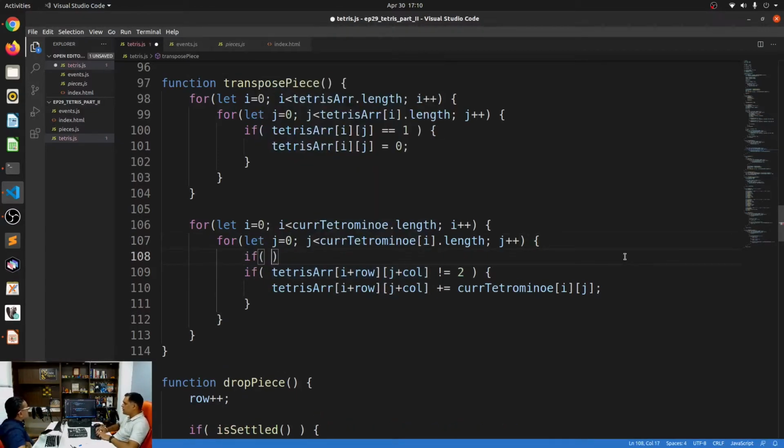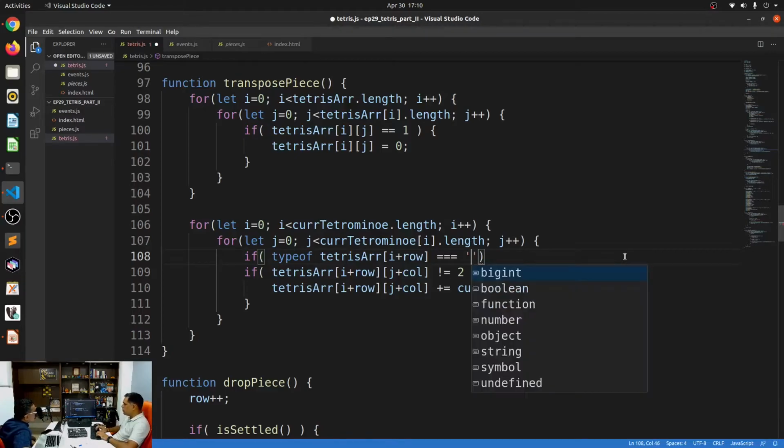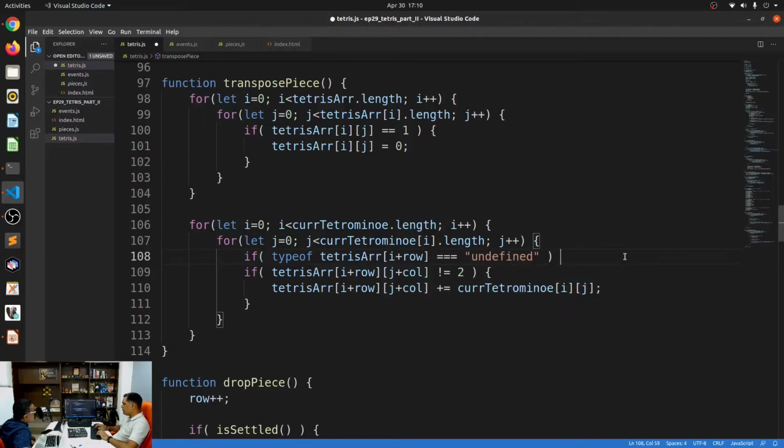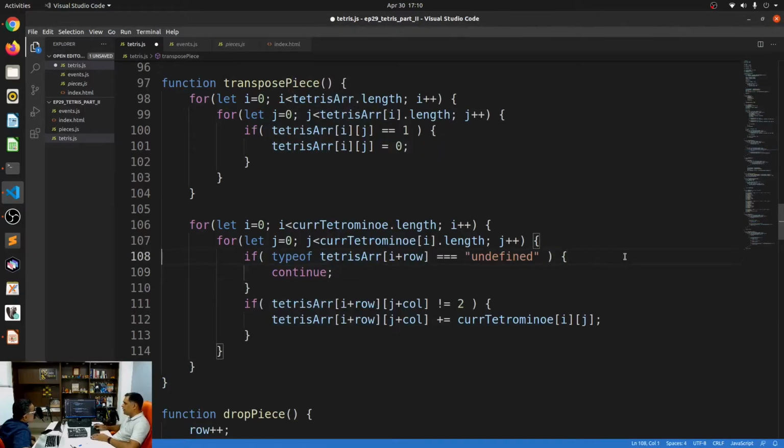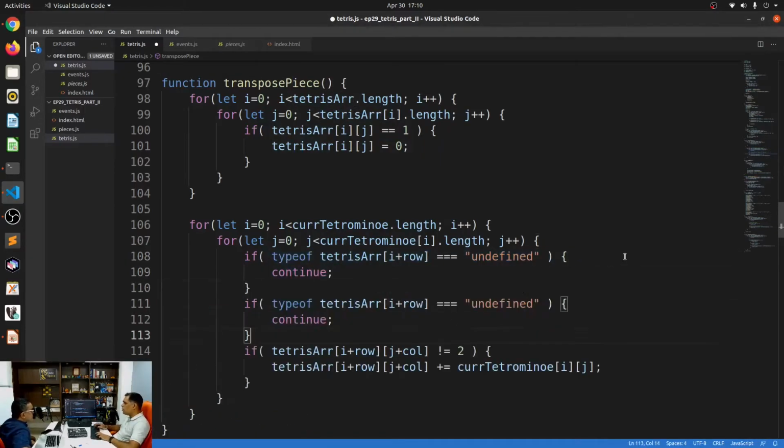So I can just say if, basically I'll have to check if this exists or not. And to do that, I can just say if type of, this is a JavaScript trick. If type of Tetris array of i.row is equal to undefined, then just continue. Don't do anything. Okay. And the same thing goes for the column also.